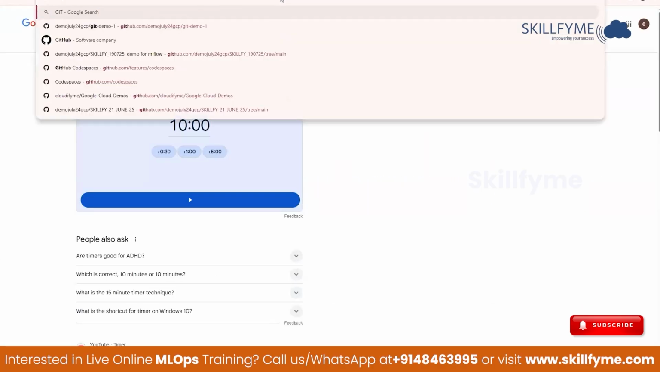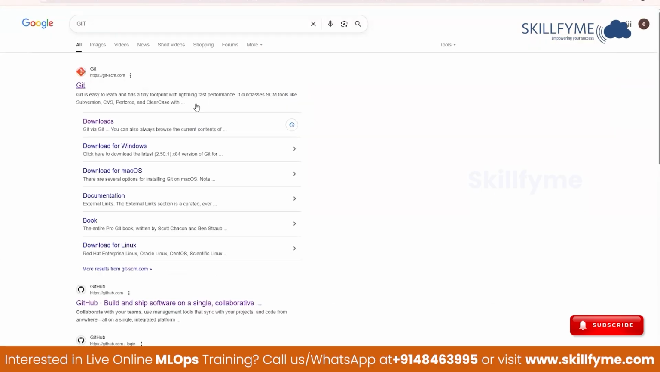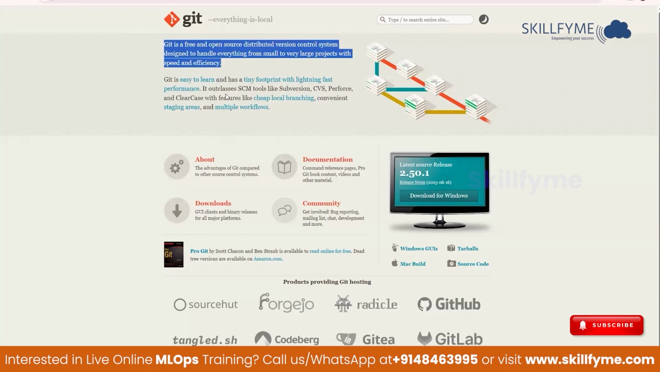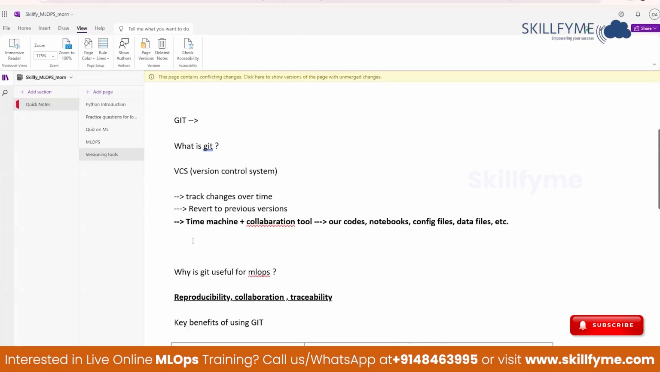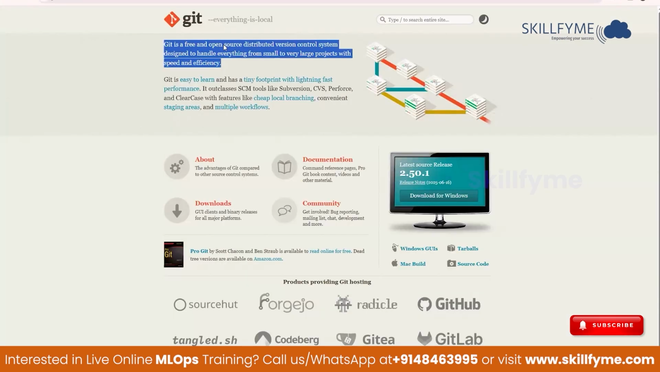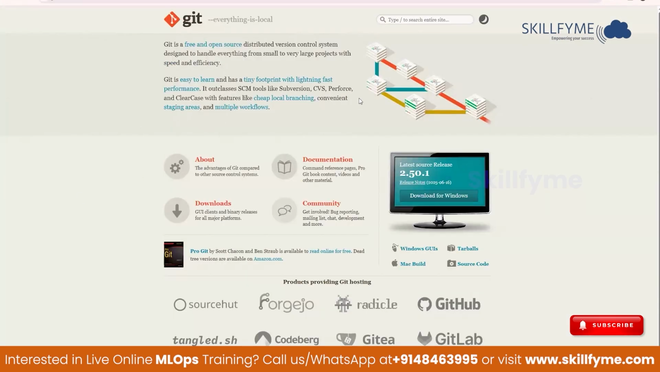But if you search Git, it takes you to this website which says Git is a free and open source distributed version control system designed to handle everything from small to very large projects with speed and efficiency. So it's like a software. When I say Git, it's not a framework, it's not a methodology, it is a software. How many of you are getting what I'm saying? So it is something that you need to install in your system